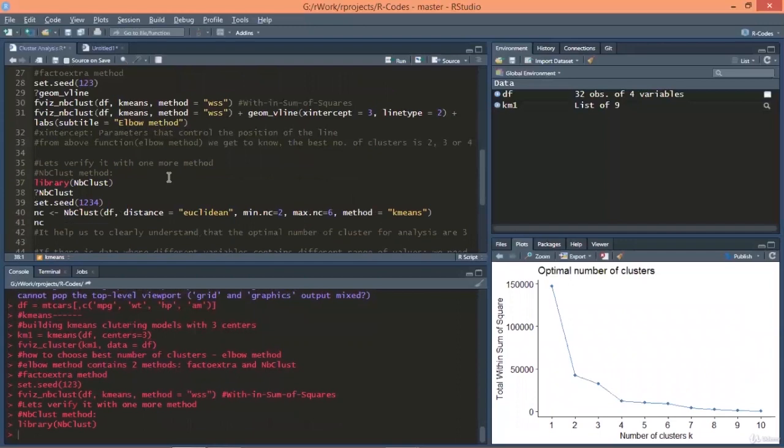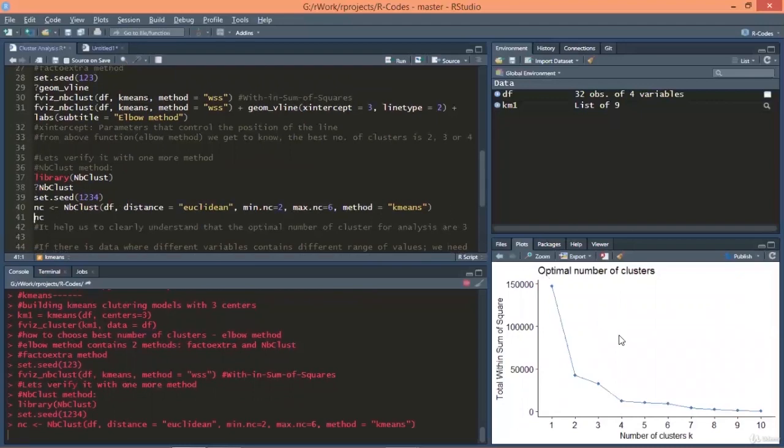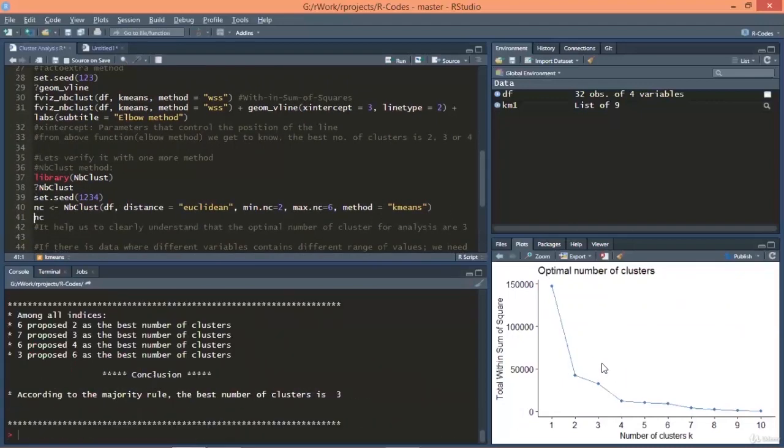For that, the library I'm using here is NbClust. Then I'm setting seed so that my output is the same every time. Now the function that I'm using is NbClust, within the brackets the name of the data frame. Then the distance will be calculated in the form of Euclidean. Then the minimum number of clusters that I need is 2, maximum is 6. Method should be k-means. So run this command, and you will see one more graph here which will show you